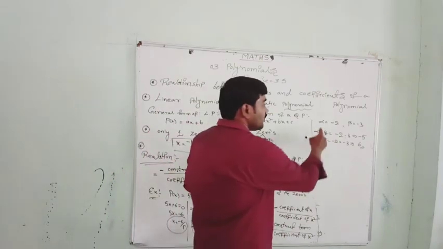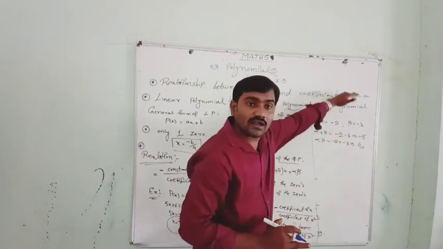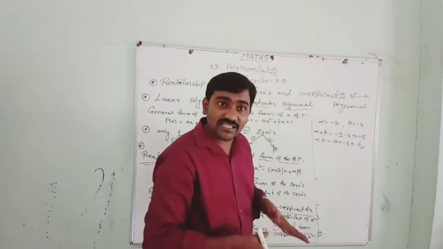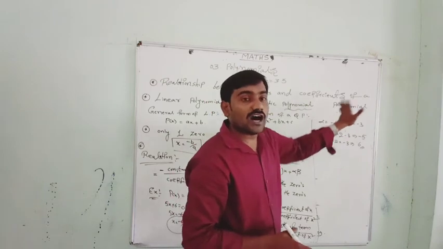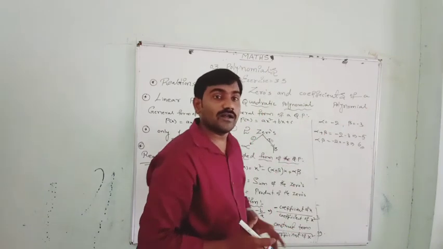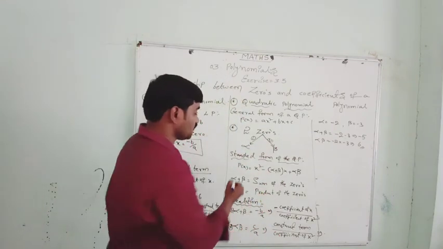So before, I had a quadratic polynomial, I solved it, and I got two zeros, alpha and beta. Now in this case I have alpha and beta, the two zeros, and with alpha and beta I am getting a quadratic polynomial. So to form a quadratic polynomial this standard form is useful for us.